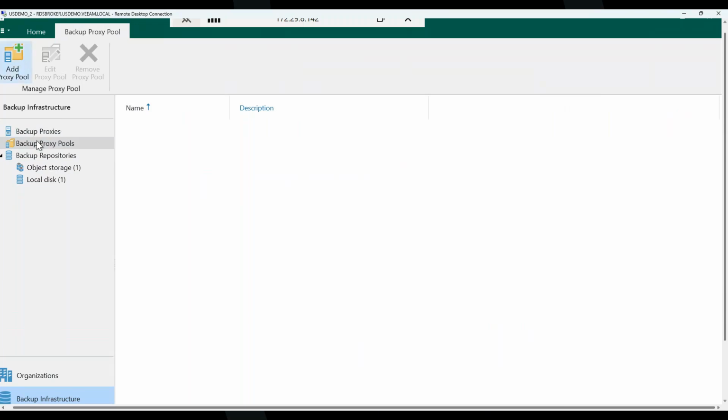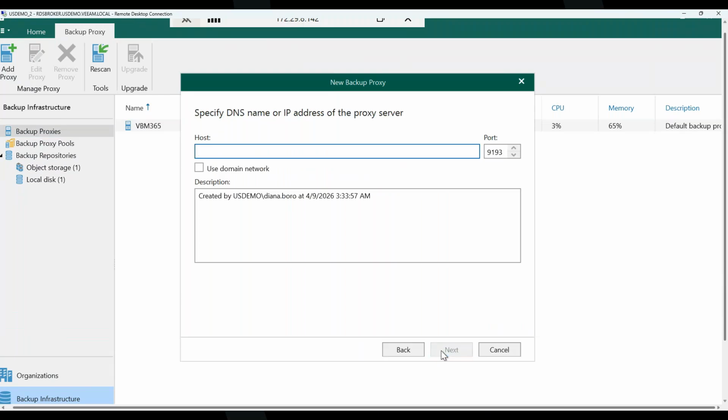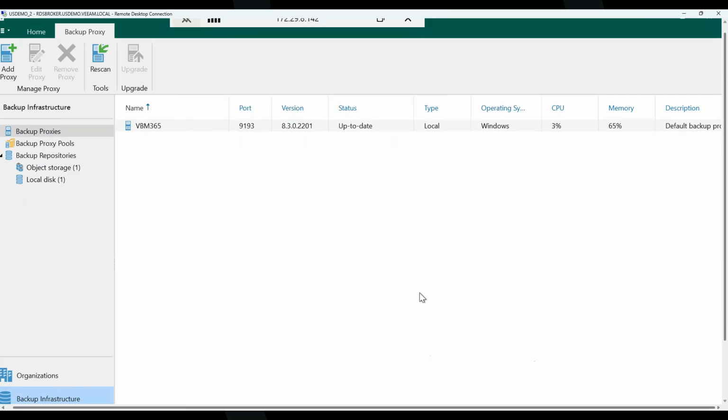So again, coming back to how to add a new proxy in the wizard here, we of course need to first select the operating system, then specify the DNS name or the IP address, provide connection details, and choose which account runs the proxy service. This is, by the way, where we can use the custom service account we talked about on the slides instead of local system, or why not even create a new account specifically for this service. All right,